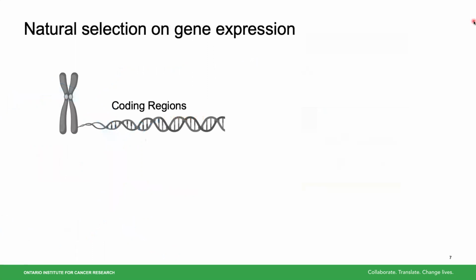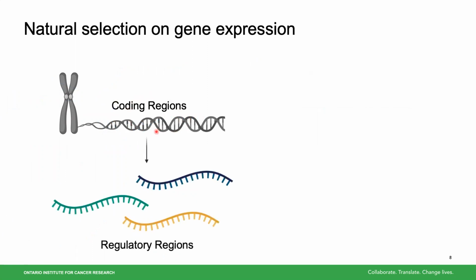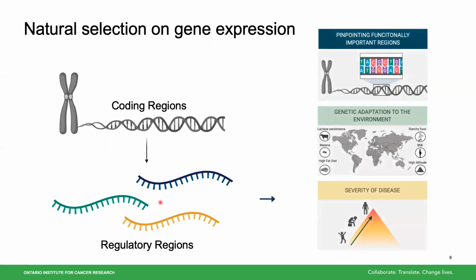Now, natural selection is very well characterized in our DNA, specifically when looking at coding regions of our genome. However, we're only beginning to understand the role of selection on gene expression variability. And this categorizes a whole new avenue of our genome, including these regulatory regions. This is going to further influence these aspects of human genetics, specifically looking at how evolution is shaping our regulatory